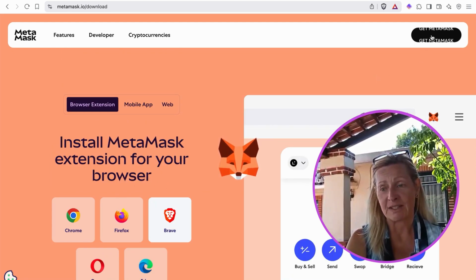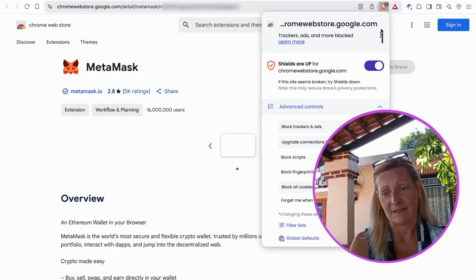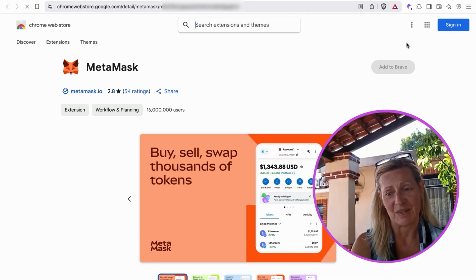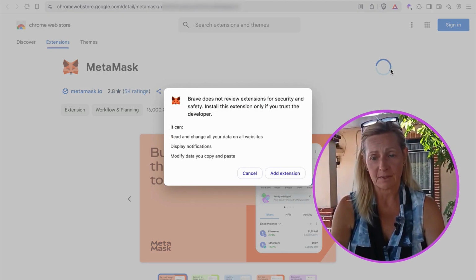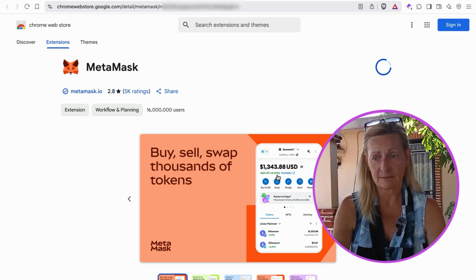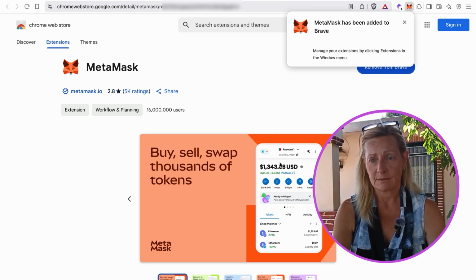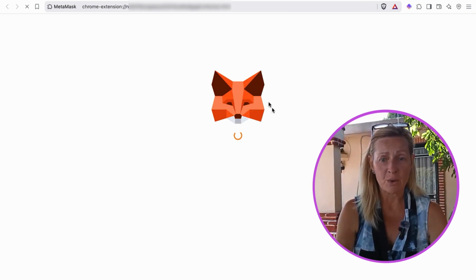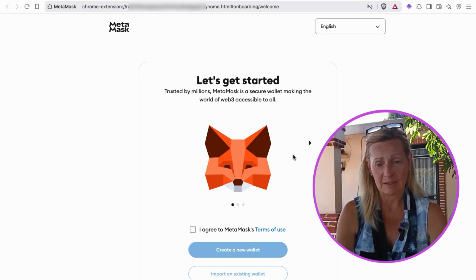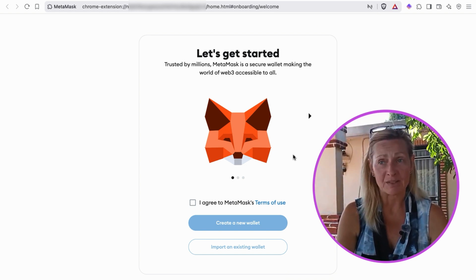So all we have to do is click Get MetaMask. And we might have to do this. And we are going to add to Brave. Add extension. And it has been added. So this window will automatically open up, and it's going to start walking us through the setup process of the